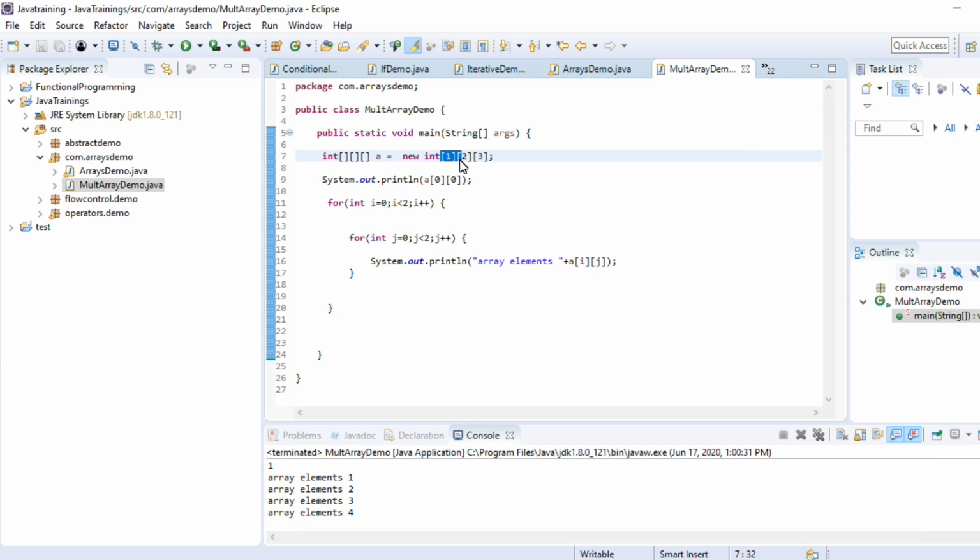Inside the second array we have 3 arrays basically.